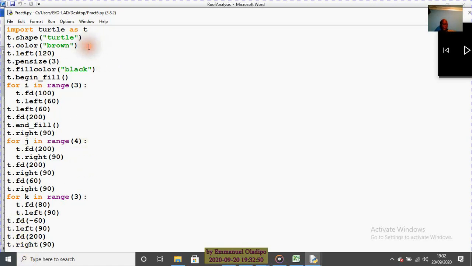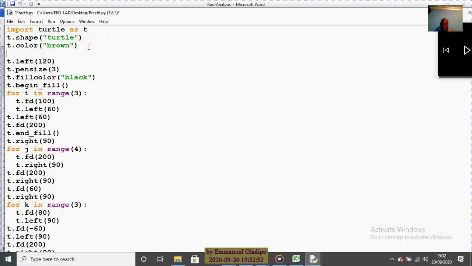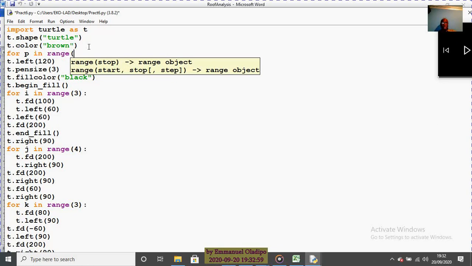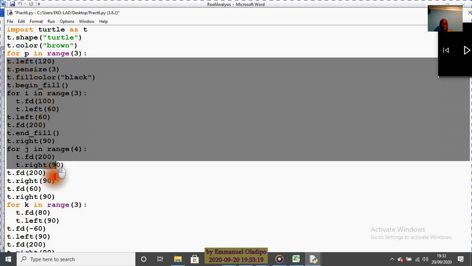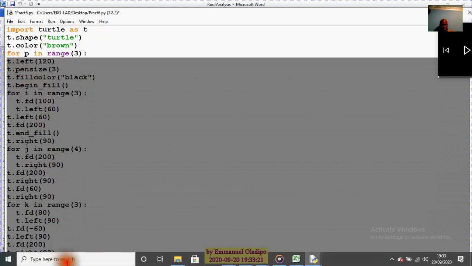So what we're going to do is type for i in range. We only need 3 buildings, so type 3 there, colon, and then highlight everything underneath this iteration, to repeat the whole thing 3 times. We're going to highlight the whole thing underneath it up to